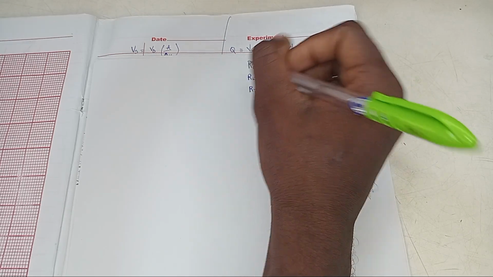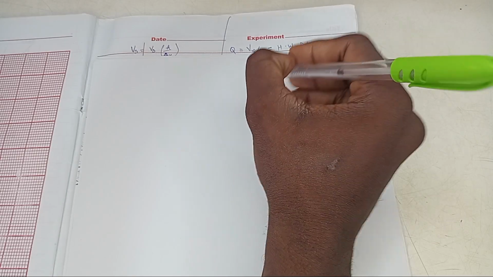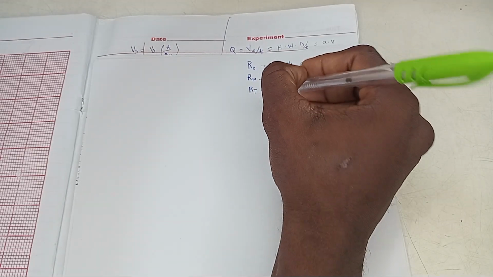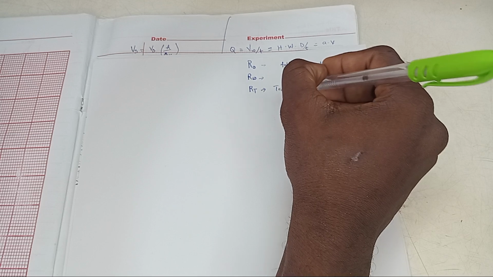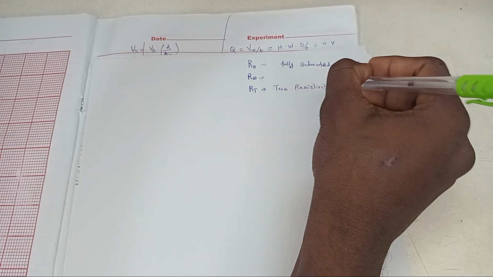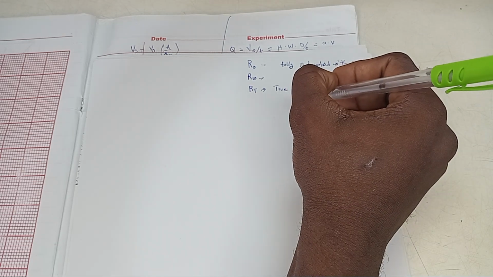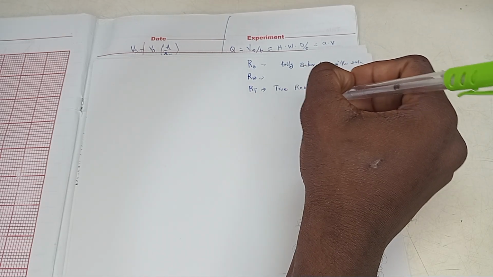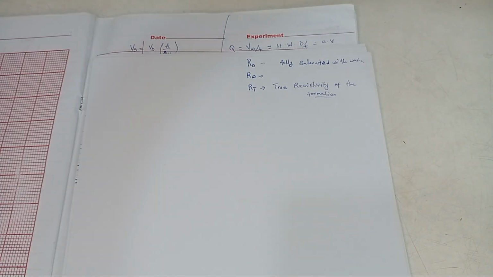RW is just the resistivity of water in the formation, so it might not be in a region where it's completely saturated. And RT is the true resistivity of the formation, so depending on where you are. Now the first question is